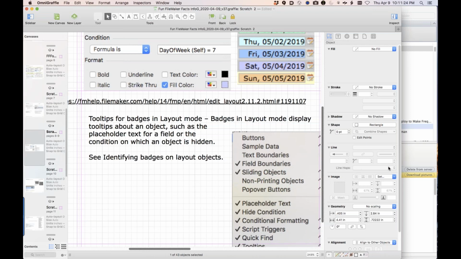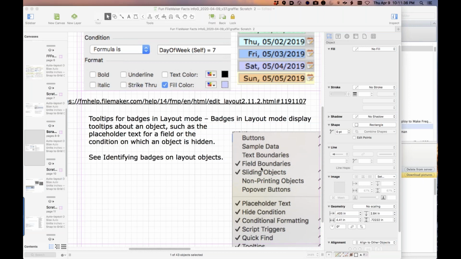Let's see, Eric says, hold on, we got some catch up here. Maybe FileMaker, okay. Can we hide show all badges? I think, I don't think so. I think it's sort of more granular